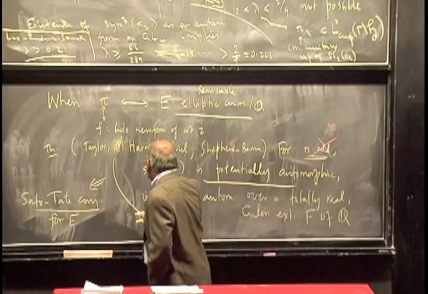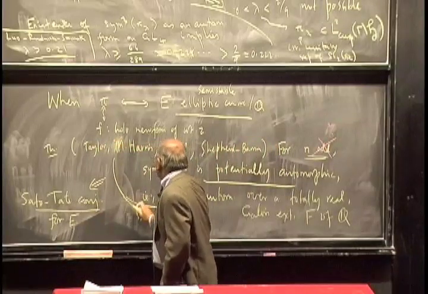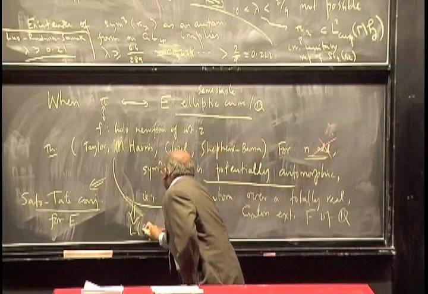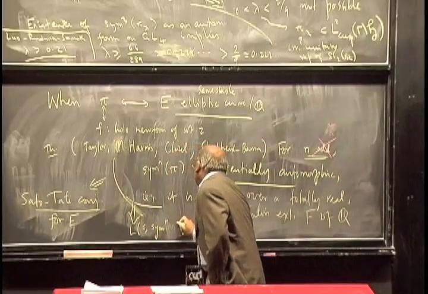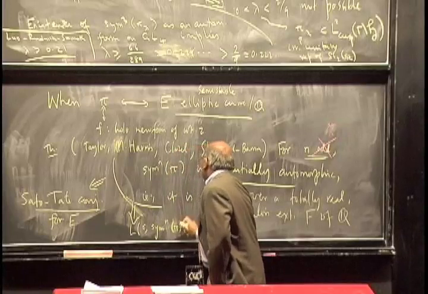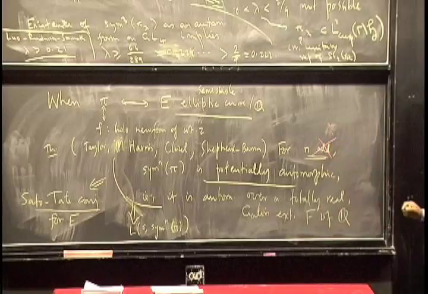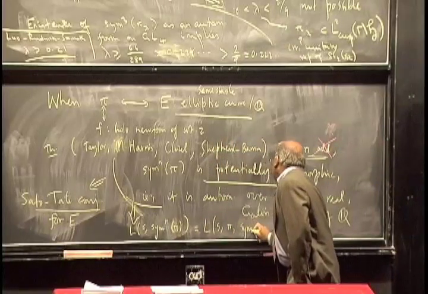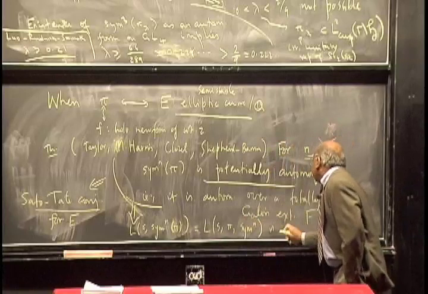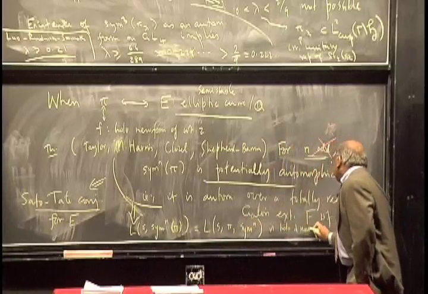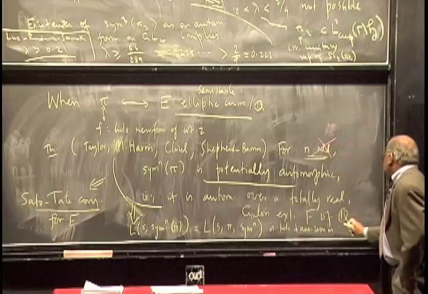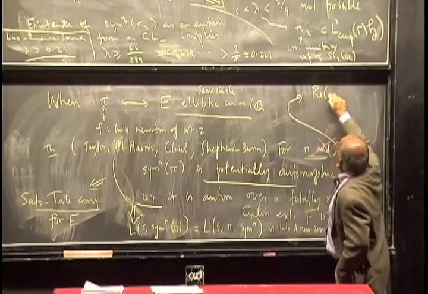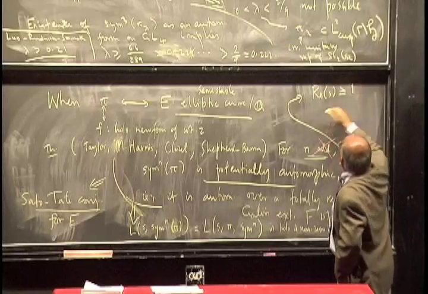And somehow the way the Sato-Tate is proved is that, using this and an idea of Brauer, what they prove is that the L function of the symmetric nth power of pi, the standard L function of Sym^n pi, which Langlands would write as L of pi, symmetric nth power, is holomorphic and non-zero in the real part of s greater than or equal to 1